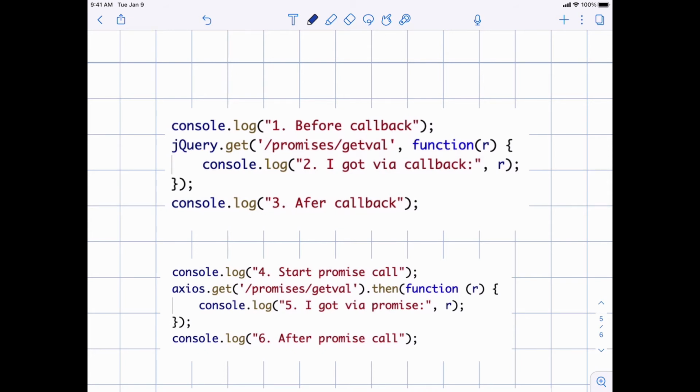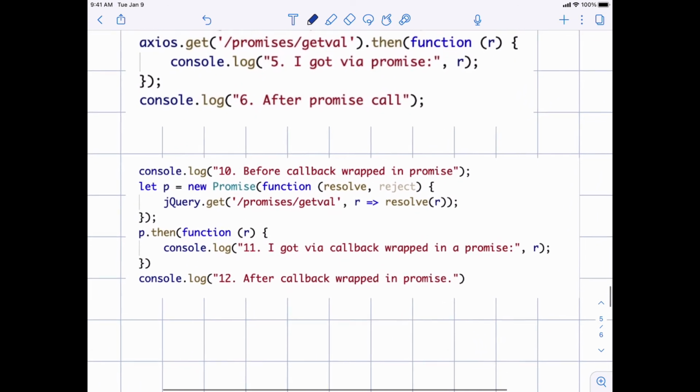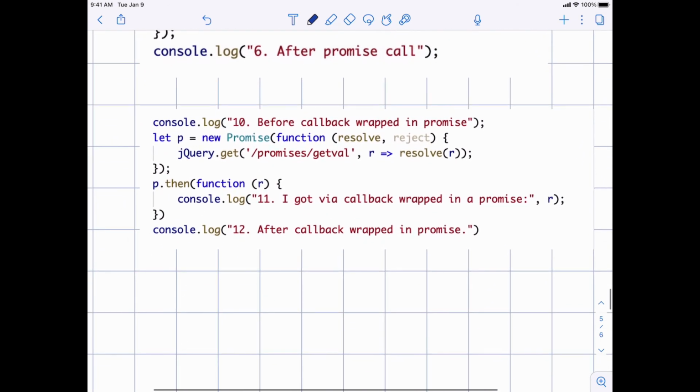What we have to do is to learn how to create a promise. Okay, Axios.get returns a promise to which we can then apply the then function. So how can we create a promise? Well, we can do it as follows. The promise is created here via this new Promise.